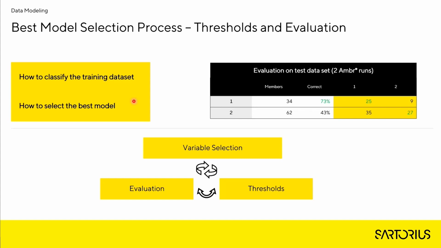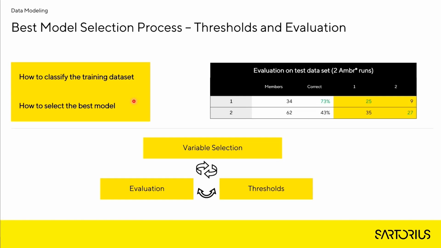At the end, we tested our trained model on two different data sets, two Amber runs that we had. Based on this variable selection and threshold evaluation loop, we came up with the best strategy or the best models, which were providing